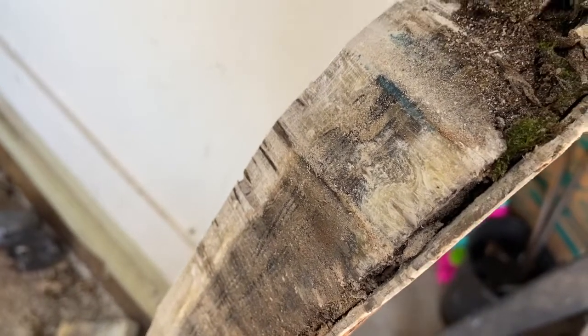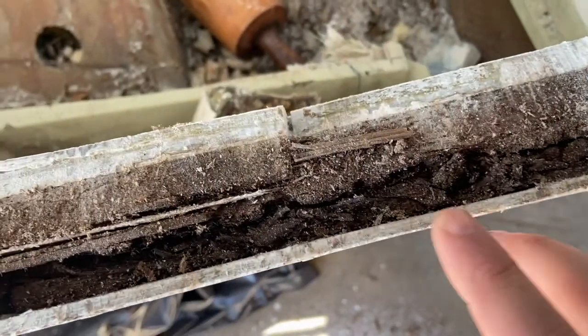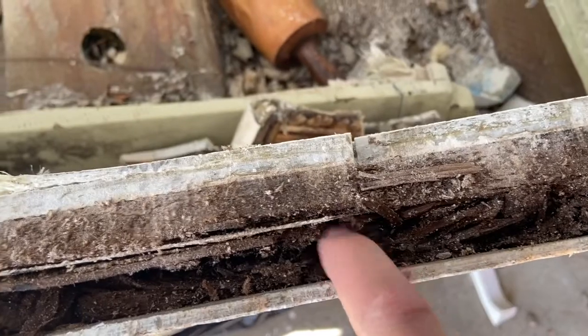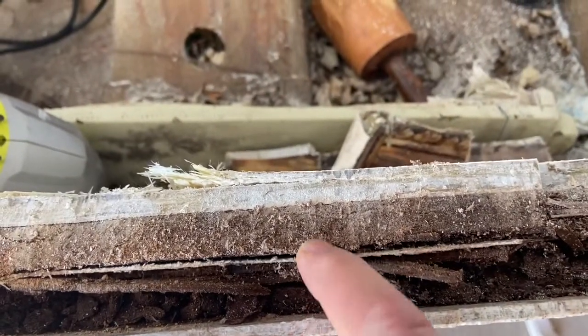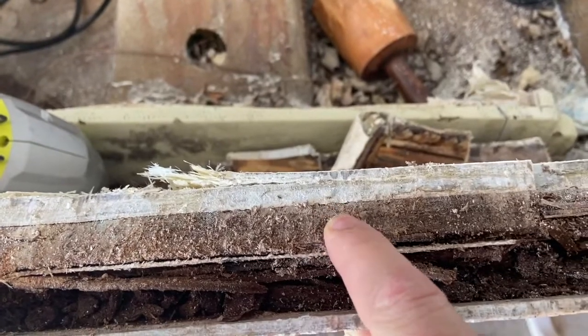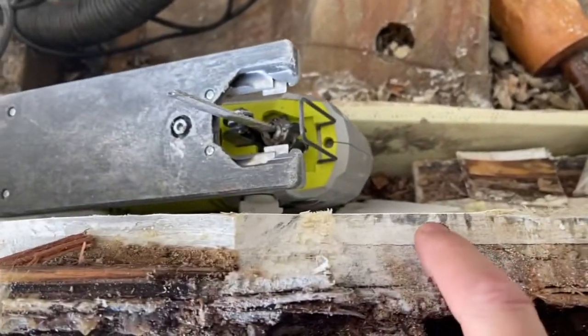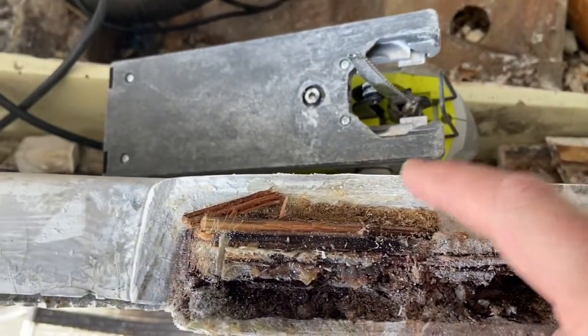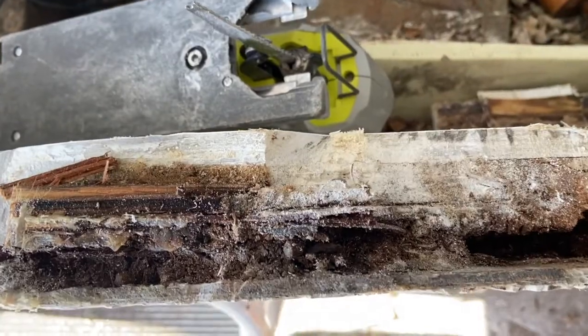Okay, so I started cutting into the transom a little bit, and I definitely found a lot of rot in here. There's a little piece of fiberglass in here that seemed to protect this piece, and then we've got another piece. This was kind of a surprise to me. I didn't really expect to find a 1/2 inch thick piece of fiberglass, so that's made a bit of a